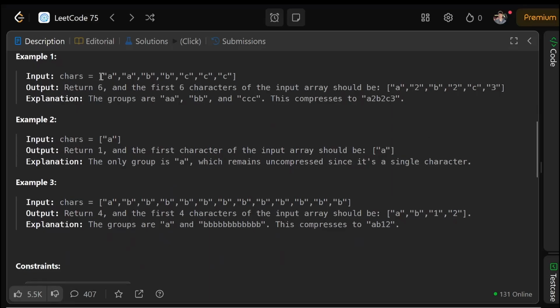So example 1, an array of characters. We return 6 because we are going to turn this into this, and this has a length of 6. There are 2 A's, 2 B's, 3 C's. So A2, B2,